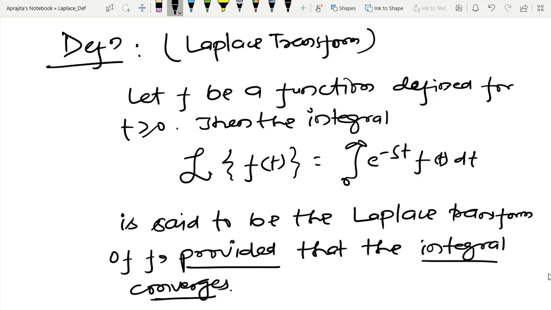Now let us come to the engineering problem, because this is the mathematical motivation and mathematical definition. So till now what we have observed is that, just like differentiation and integration satisfy the linearity property, I have another kind of transform, and we are hoping that it will also satisfy the linearity property. And in the later part of this course I will prove that this Laplace transform satisfies the linearity property.